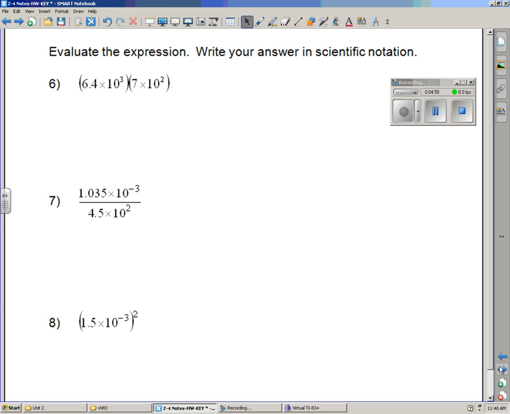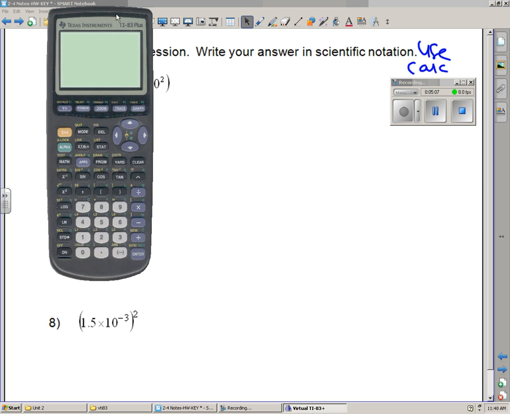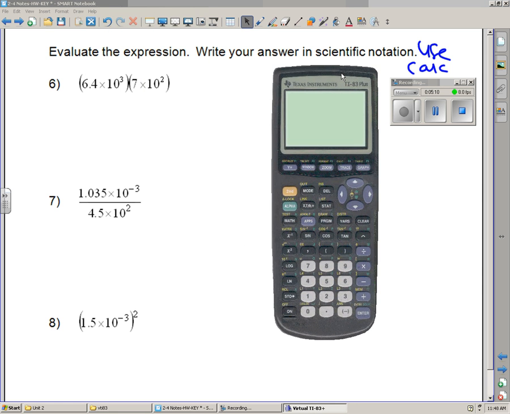When you evaluate the expressions on this next page, you're going to be able to use a calculator. A graphing calculator would be best. What you need to do is type in exactly what you see on the calculator, and then you have your answer. One thing to know about the graphing calculator is you do want to make sure that you're in